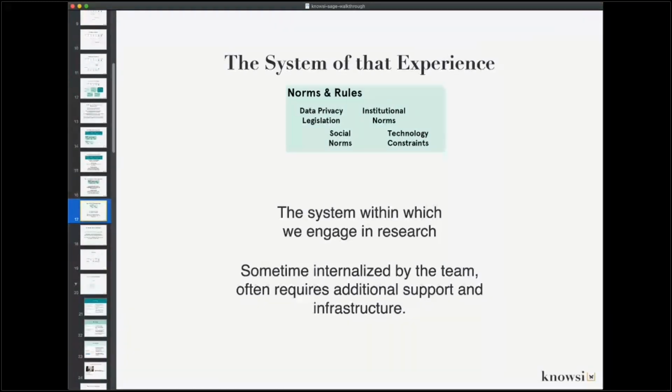So, I mean, data privacy legislation is a big focus for me. So looking at, are we working under the GDPR, e-privacy law? Are we working in Canada under PIPEDA? Are we working in California under CCPA? How do you actually engage with those different pieces of privacy legislation, and then the norms sort of underpinning all of that? Different social norms, depending on what group it is that you're communicating with and working with. Institutional norms and technology constraints are actually a huge one too, as we've discovered while we've all been locked in a global pandemic.